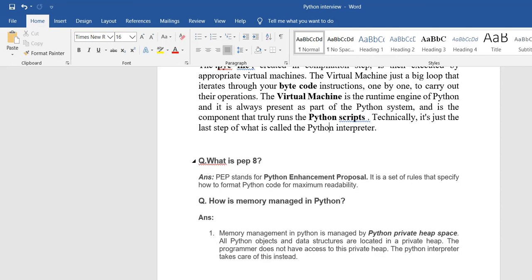What is PEP in Python? PEP stands for Python Enhancement Proposal. It is a set of rules that specify how to format Python code for maximum readability. For example,